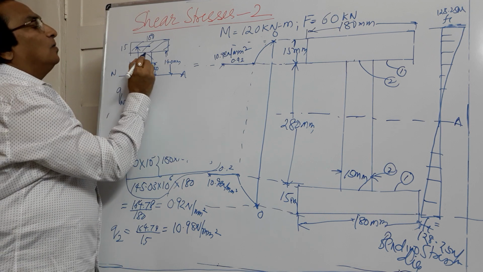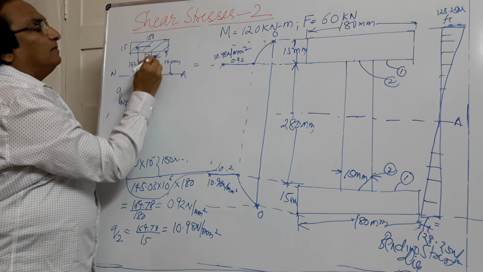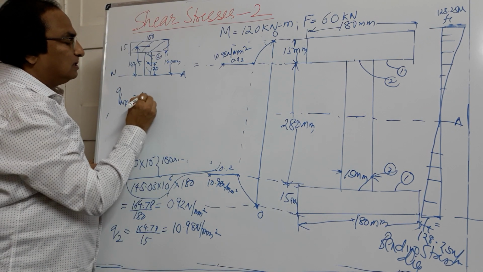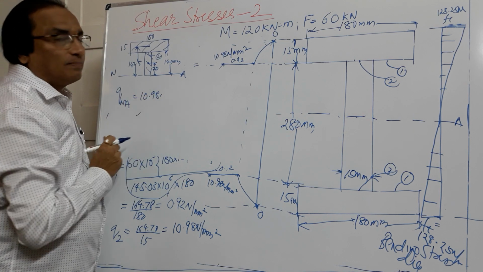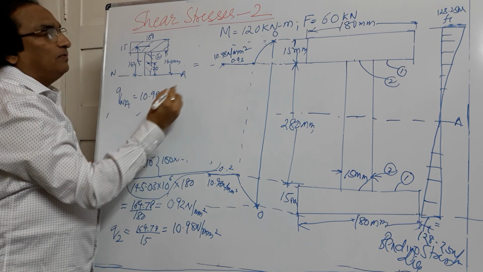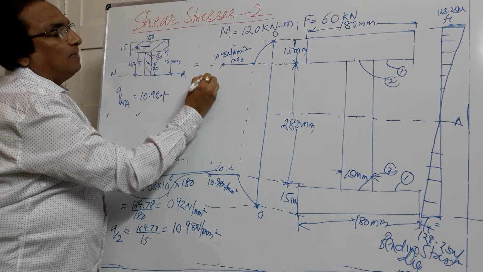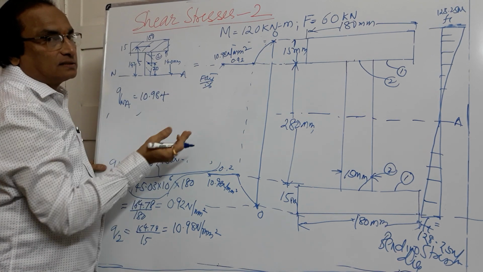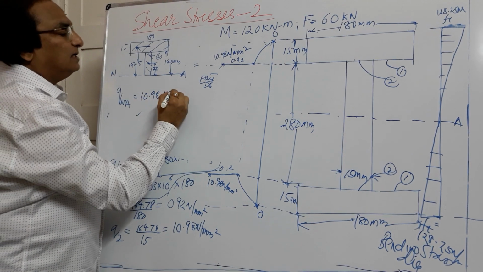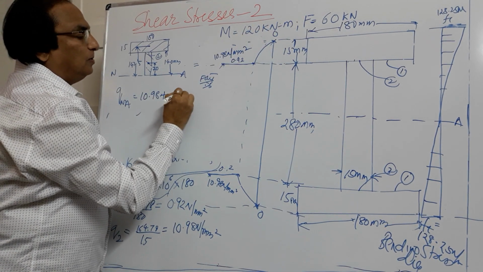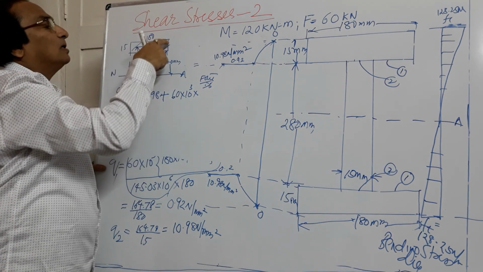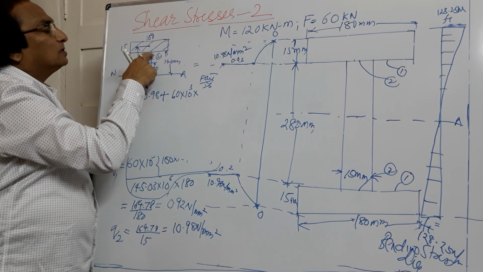Now one thing is sure: the stress at level 2 will remain the same, the calculations remain the same, and that value we have got is 10.98 Newton per mm square. Plus we will take up this web. So this will be equal to plus, we are using again the formula F A Y bar by I B. For this we already calculated, so I will take the value directly. Plus F is again 60 kilonewton, converted to Newton, into A Y bar. This upper part has already come. We will go to this lower part.